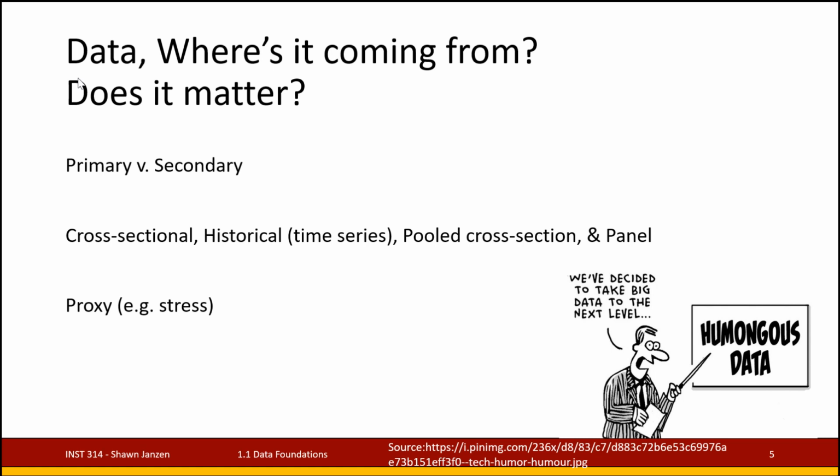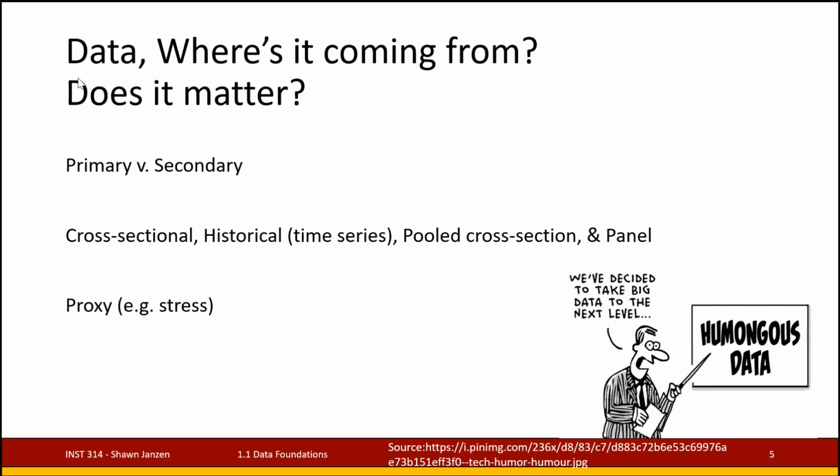There's different types that we can look at data as well. Things like cross-sectional, historical, pooled cross-sections, and panel. What's the difference? Cross-sectional, we can think of it as taking a single snapshot, one moment in time, and we're going to look at everything in that snapshot. So if we were to go ahead and look at the first day back on campus and see what's going on in all the different classes with all the students, the staff, and the faculty,